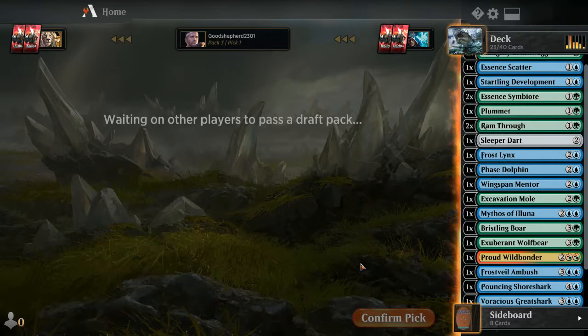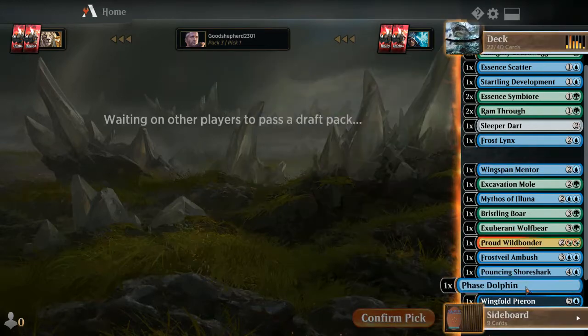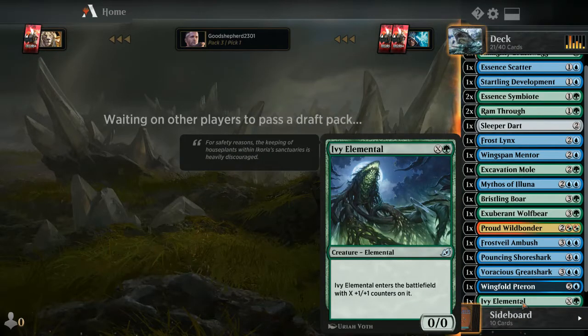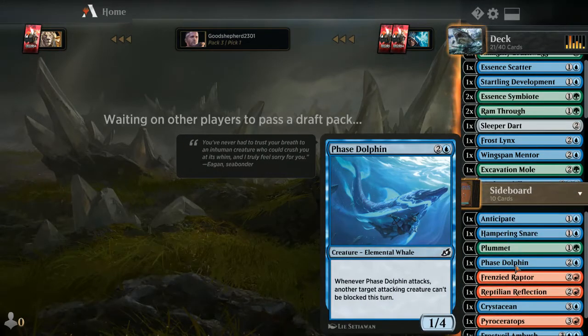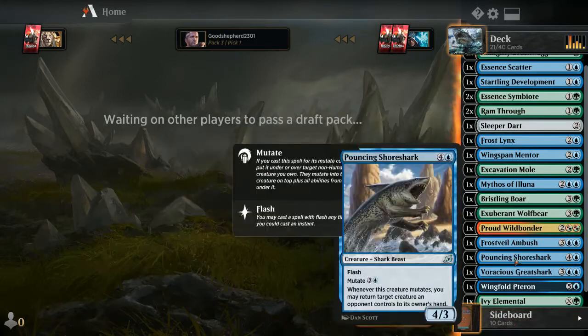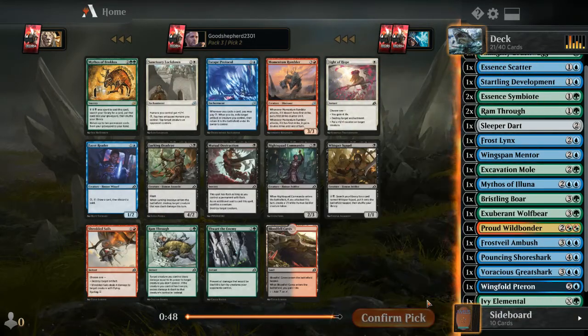So I might actually just cut the Plummet at this point. Cut the Plummet, probably cut the Face Dolphin. So Face Dolphin is actually not a bad play. It does let these guys through. Here comes another Mythos. Return up to 2 target permanent cards from your...